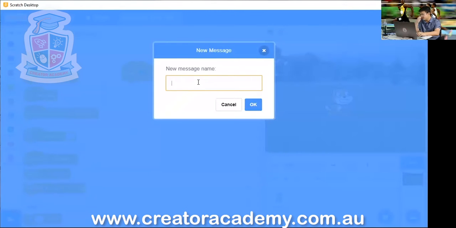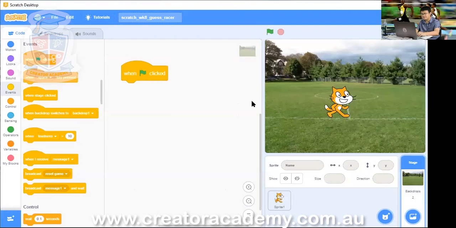And then this message is reset game. Make sure you practice your typing skills as well. R-E-S-E-T is reset, and game is G-A-M-E. Then we press OK. After we go broadcast reset game, we drag it onto the flag.